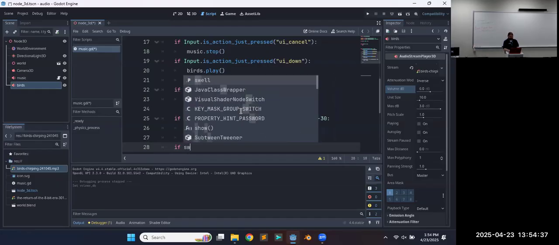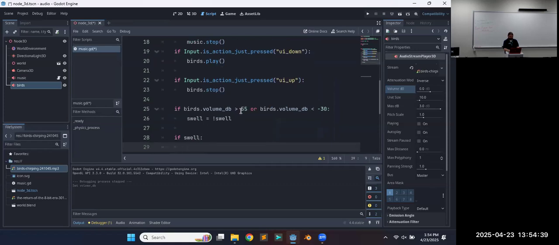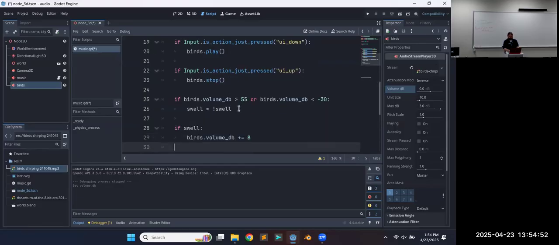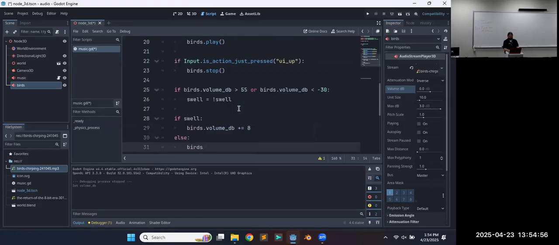So we need to check that. So if swell, so when it's true, then we want volume. Whoops. Bird stop volume dB to go up by a certain amount. I'm just going to take a guess and see how that works. And if it's false,